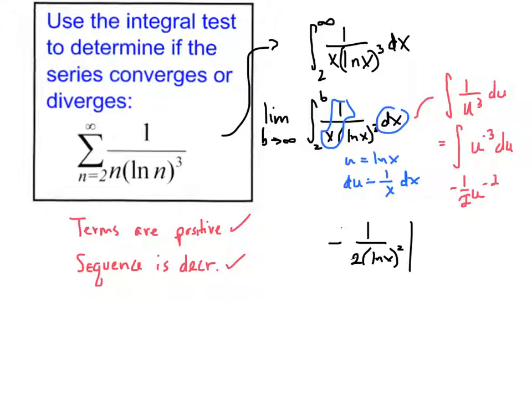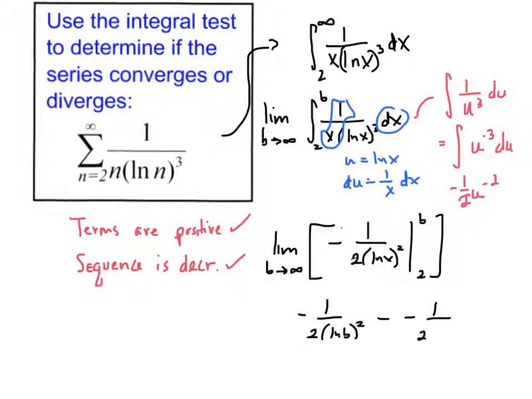And let me go back, we're evaluating at b and 2, taking the limit as b approaches infinity. I plug in b, plug in 2, and I'm taking the limit